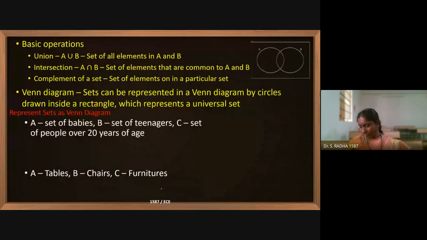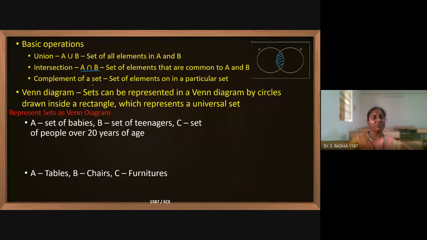Now the basic operation, union. You can see here two sets are present. On the left side it is set A, on the right side it is set B. Union means combining whatever elements are present either in A or in B or in the common region. That is said to be union. A intersection B means only this common region is called intersection. Intersection is nothing but the common region in the diagram.